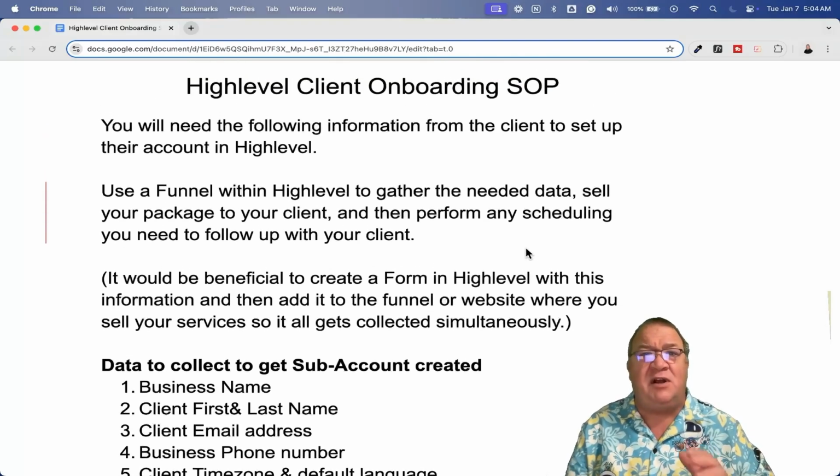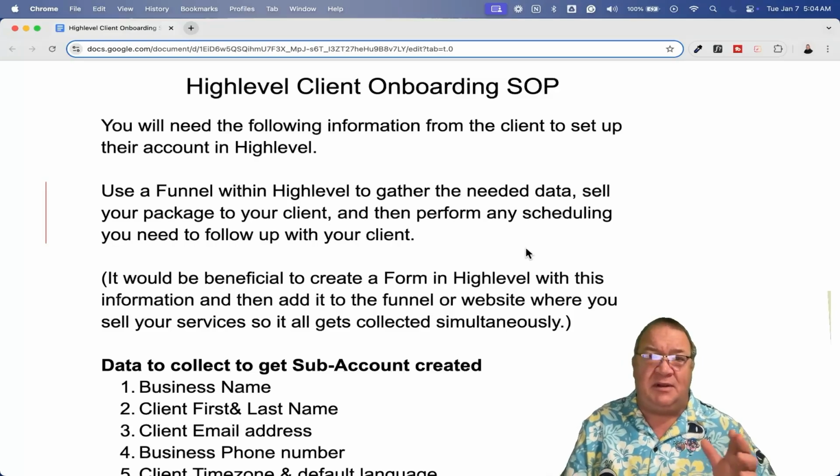But if you're going to build this out, it will depend upon what plan you have. That's another factor in the onboarding process. If you have the Agency Pro account, which is the one I always recommend,